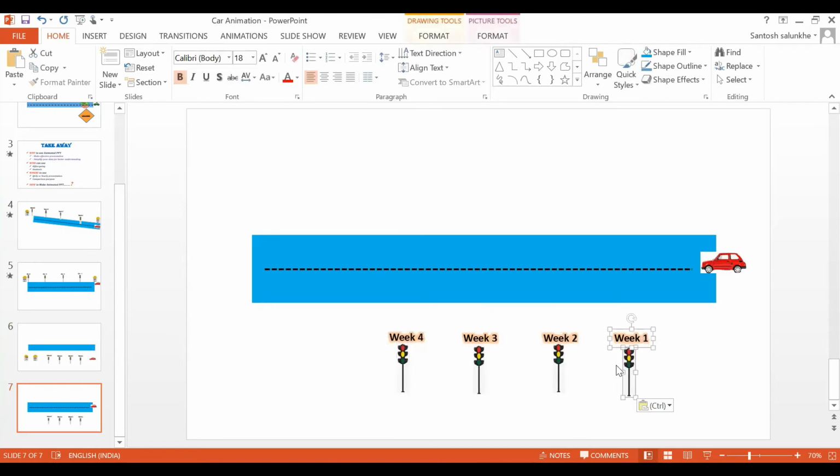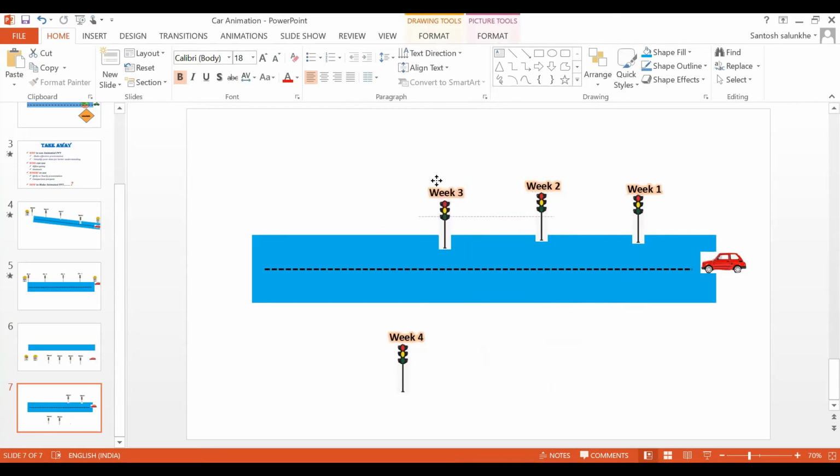Now we'll move these one by one onto the road. I have chosen this. Week 2 we'll put at equidistance.